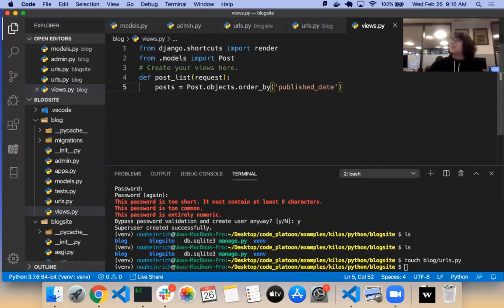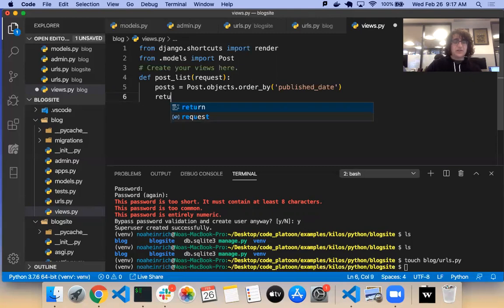So there's many different ways you can do this. It's all up to you. Is the all implicit there? Yeah, so order_by returns everything in a certain order, which does mean you get everything as well. Would it be a good idea to order by that, since some posts might not have a date? Good point. Yeah, so it's up to you, honestly. I don't plan on having any posts that don't have a date field, but they might. So I'm going to keep it this way for now, and if it breaks, we'll know where it broke.